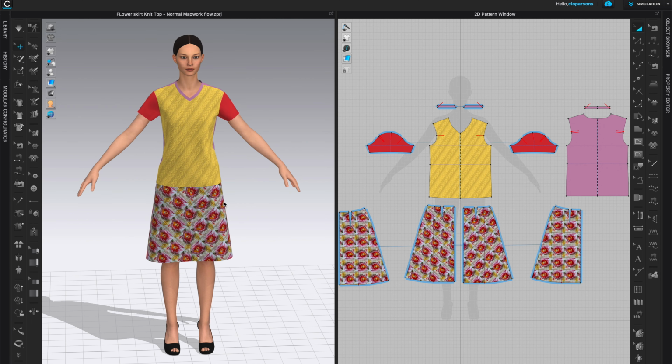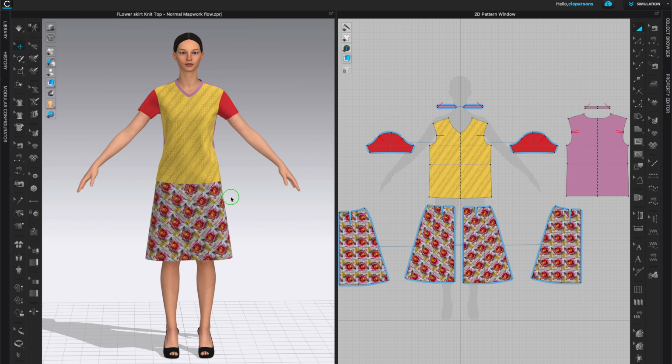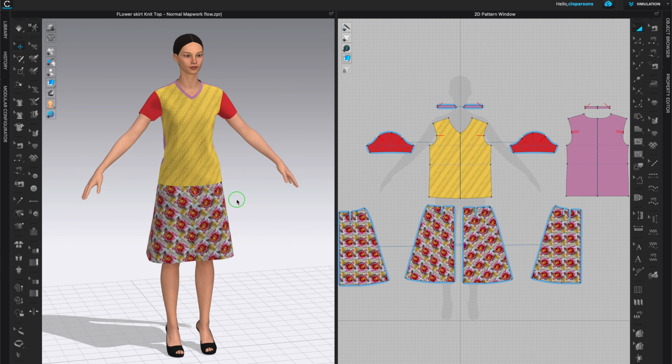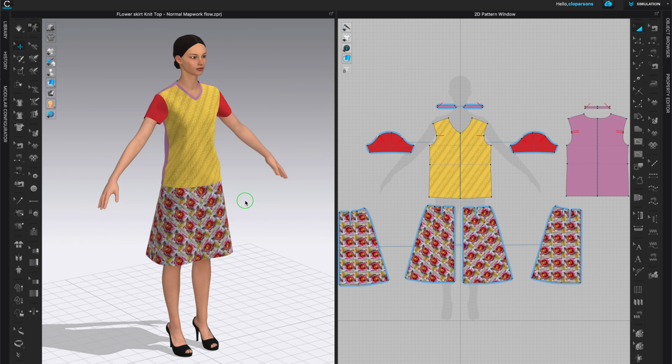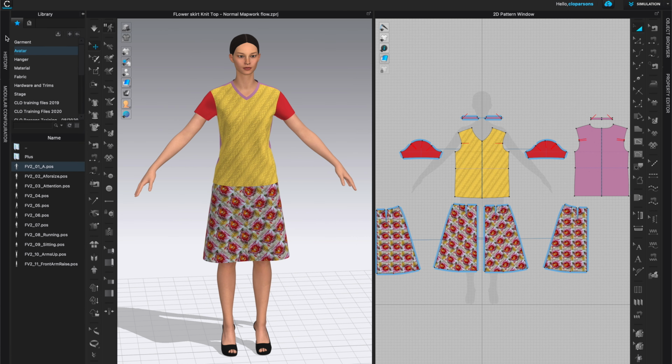I also want to take a careful look at the pose that we have and see if that particular pose is appropriate for the environment that I will import and create. I just want to make sure that the pose would actually look good with this environment. If it doesn't, then I would go back to the library avatar and look for a pose that would be more appropriate. Obviously, you can also import a pose that you like and create the best possible look.